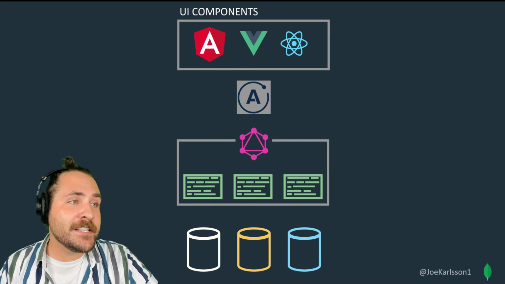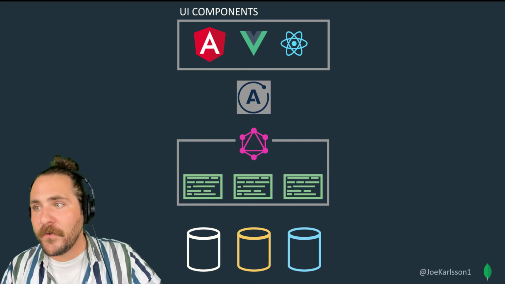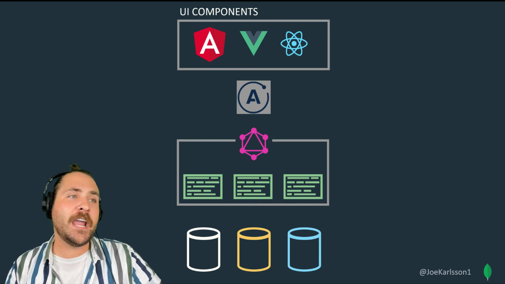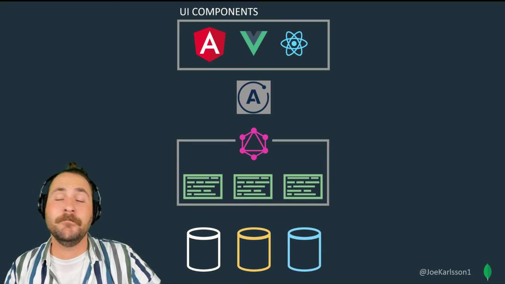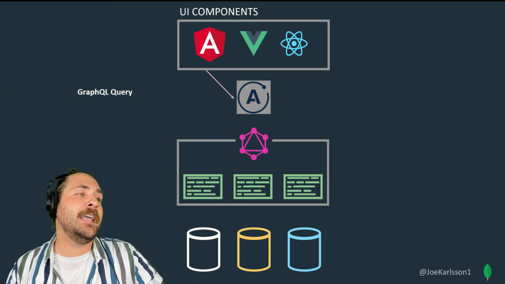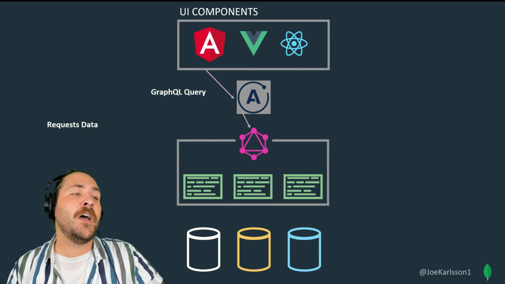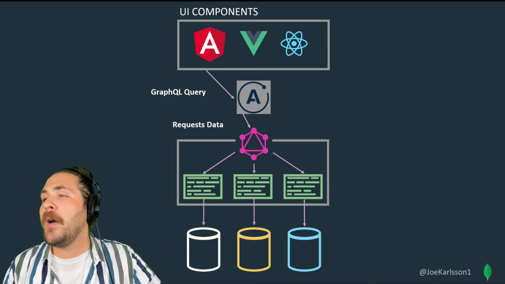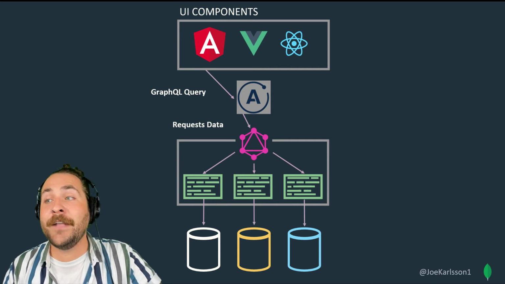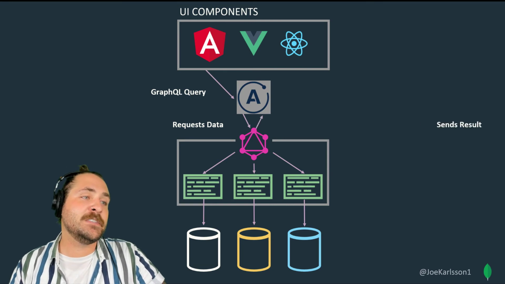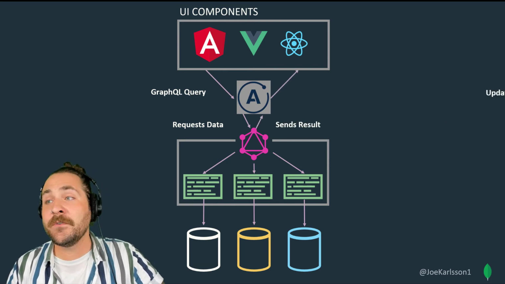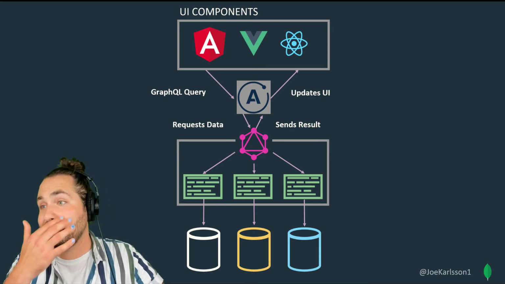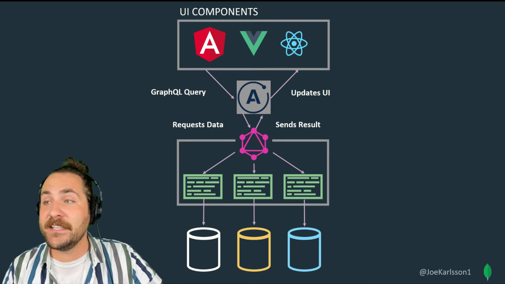And what Apollo does is it's a wrapper for your front-end components, and it doesn't care what you are. You can use Angular, Vue, React, Ember, Backbone. It does not matter. But it structures and validates your queries and also does some caching for you on the front end. Bottom line, it makes working with GraphQL and React so much easier, right? It's responsible for sending and receiving that result and then making sure all of your children components in your React application actually get those updates. It can automatically update state.